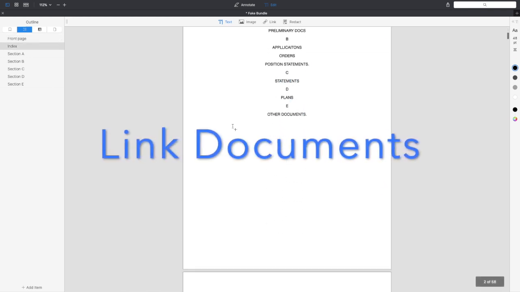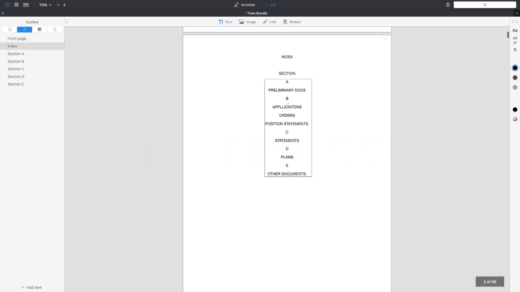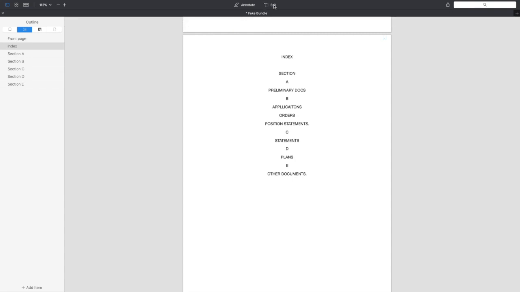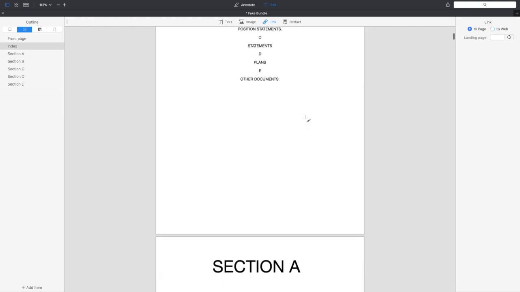So for example, in your index, you might want to make various parts of this like a hyperlink. So if you come up to, you can see as long as that's on edit in blue, click on link, and then for example, if we go to orders and then you highlight by holding down on your trackpad, it turns green, and then this box comes up, and what we want to do is delete that, go to click on the page part, page, and then you want to come down to